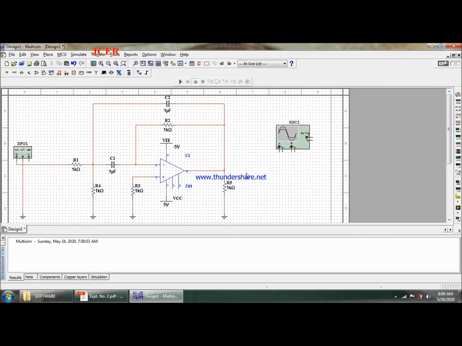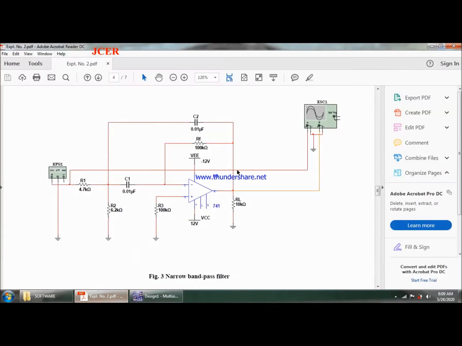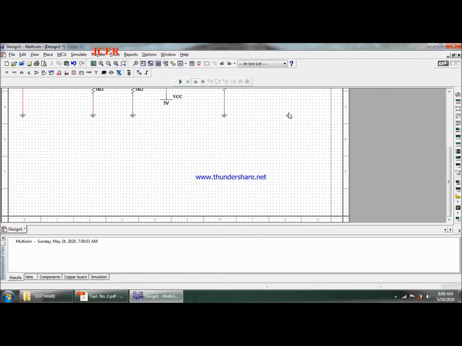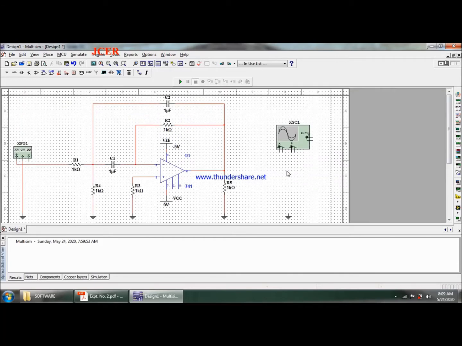Now I need to connect my oscilloscope, one channel to output and one channel to input, so that I can get the waveform of output versus input. So let me connect channel A onto the output side and channel B onto my input. However, vice versa is also true.